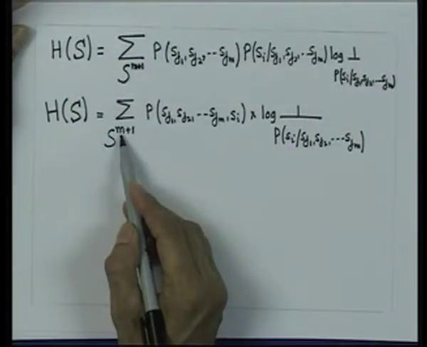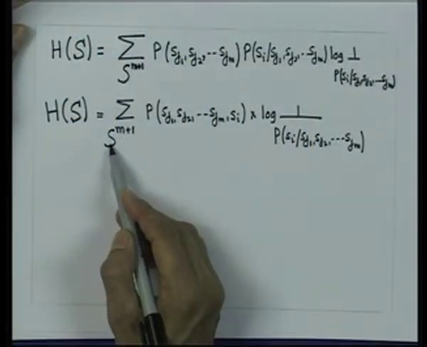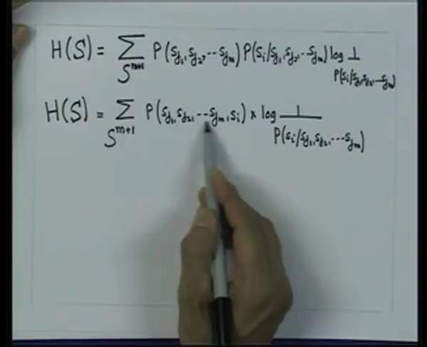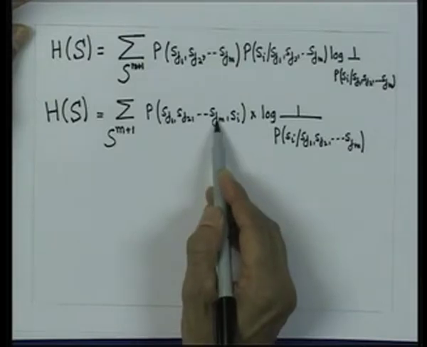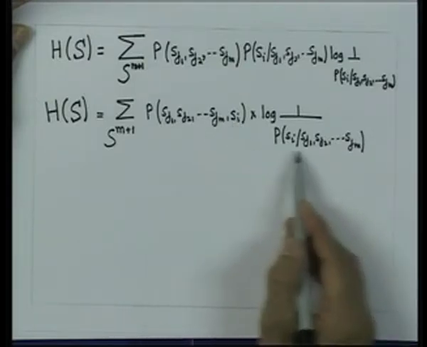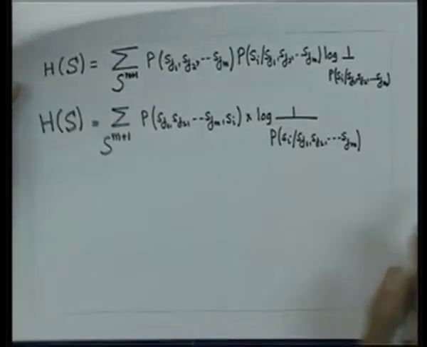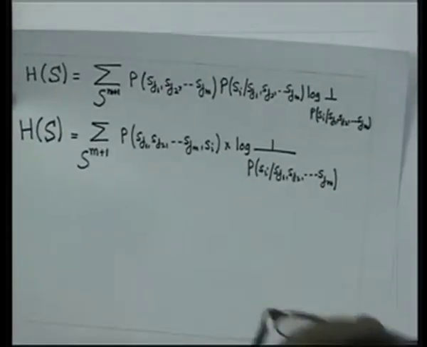If I am interested in calculating this entropy for that example, then in our case m is equal to 2. So, this summation will go over S raised to 3, and this quantity out here will be 2 elements here, there will be 1 element here, and there will be a conditional probability given there. So, that can be written as,